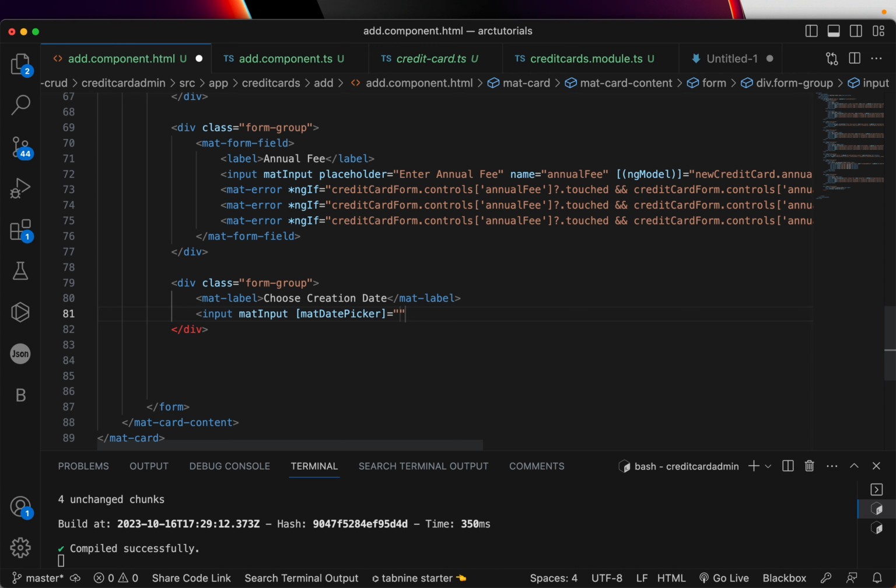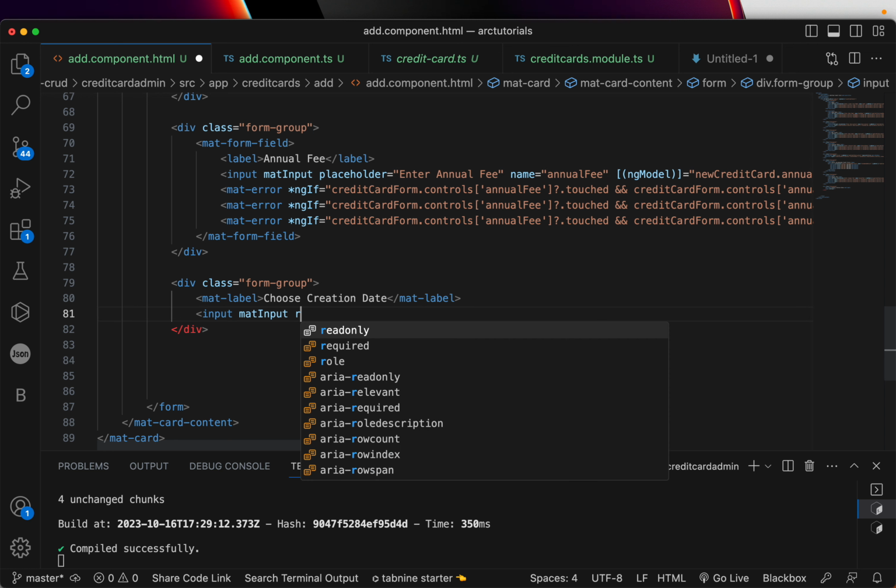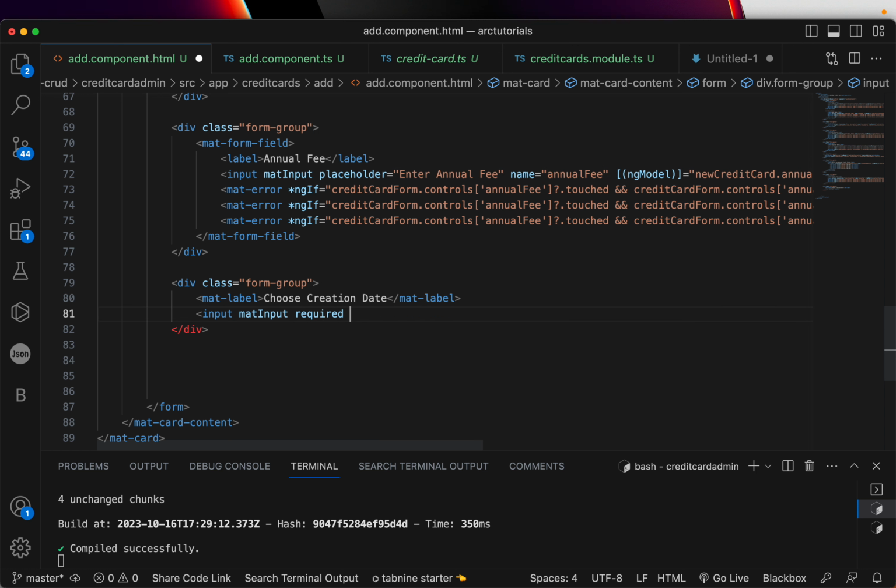Or creation date picker, whatever you want to use that toggle for, right? So simple. The most basic thing that you can do is first define the required attributes, like required, mat input, you got required, then you are going to say mat date picker equal to created date,